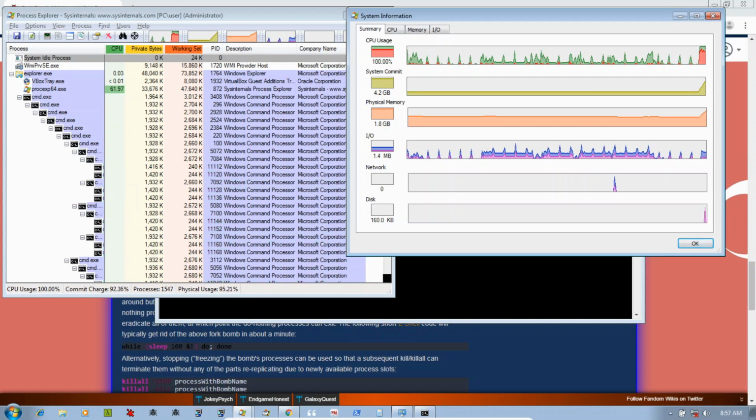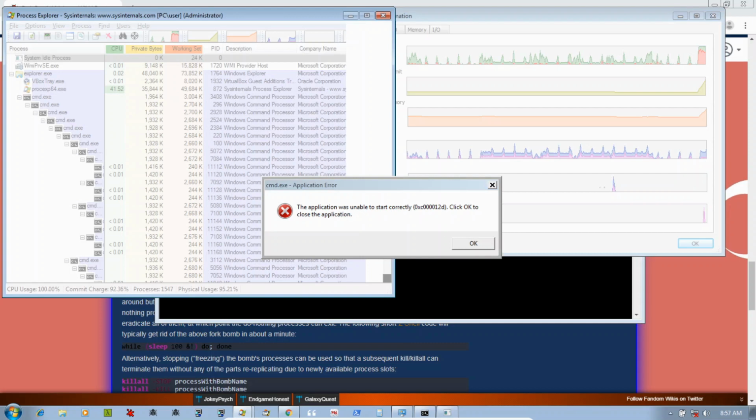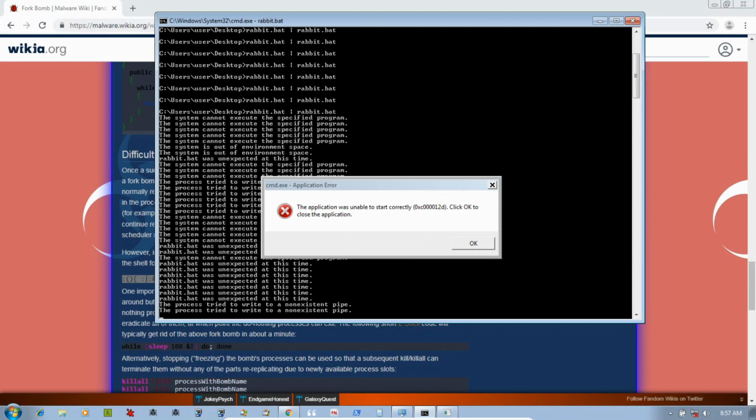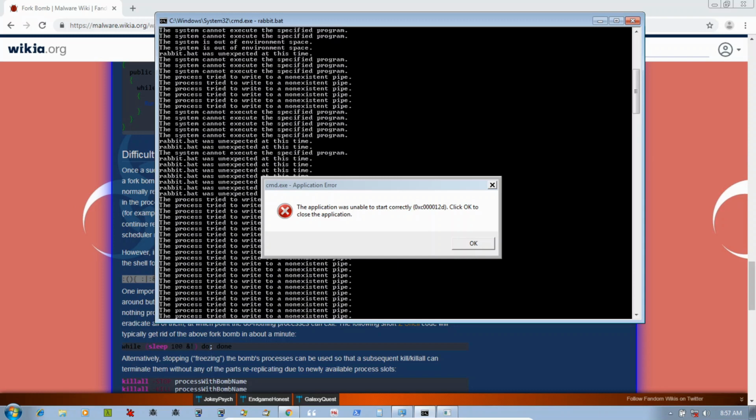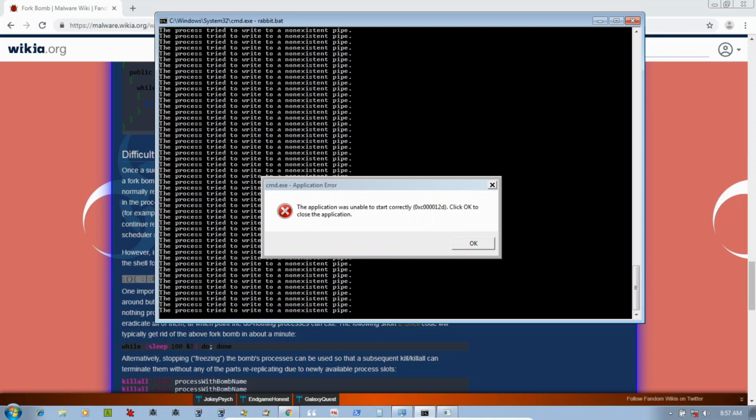And as you may see, the CPU usage as well as the memory usage actually spiked fairly well at the point where I ran the application. So even though it's really simple, it's basically just 5 characters, as you may see, the Process Explorer just crashed. So as you may see, it can do real damage, even for modern Windows systems. So this is it. This was an example of how a fork bomb might be recreated on a modern system.